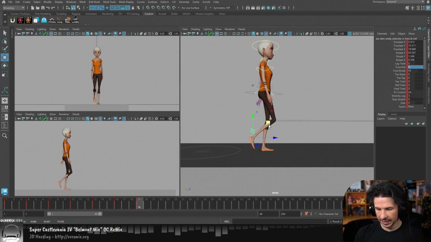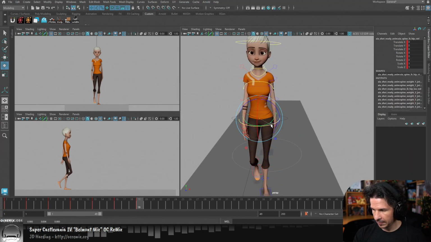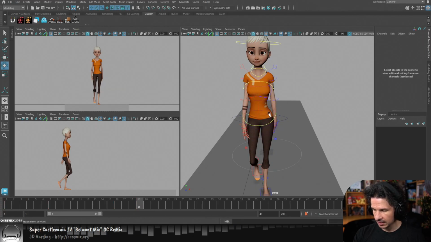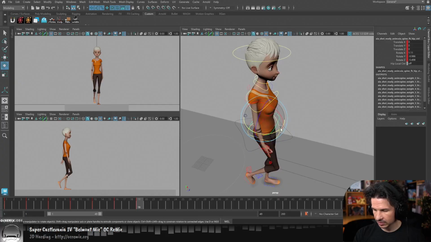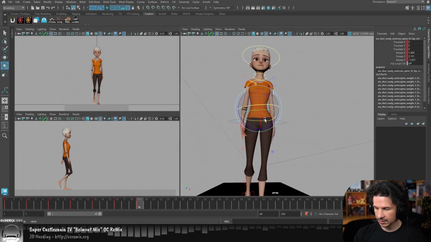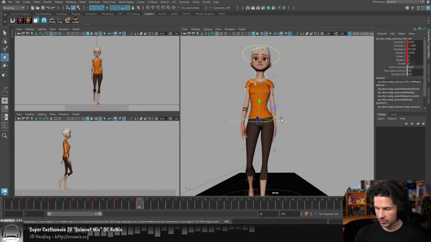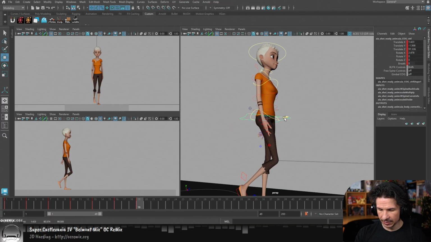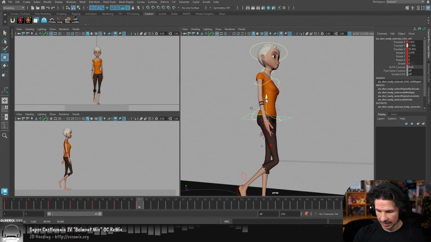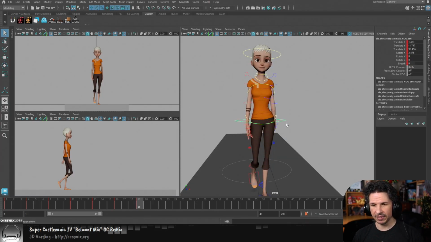So we get that. Once again, let's just get those hips. Oops, wrong control here. The hips need to be on the other side at this point. So leading with that. Push a little bit more weight into that hip there. Translate X a little to the side. Translate Z, I want that forward lean. And the slight bend in the knees here. Okay, so before we get into the spine even,